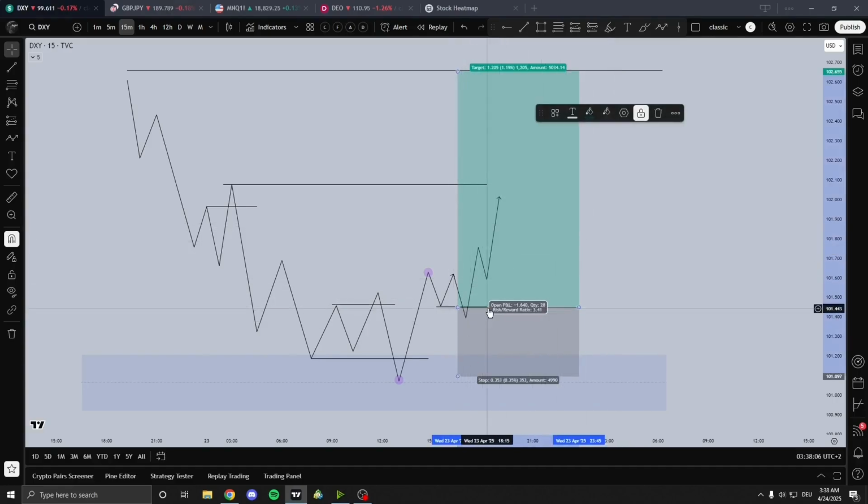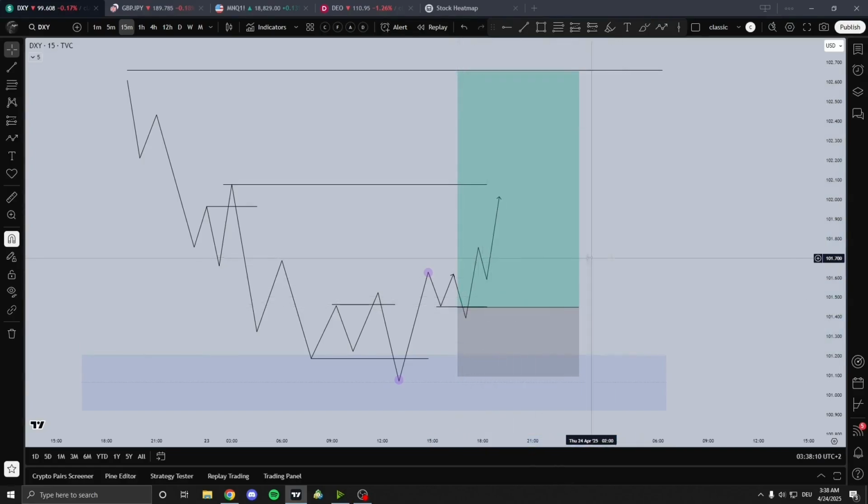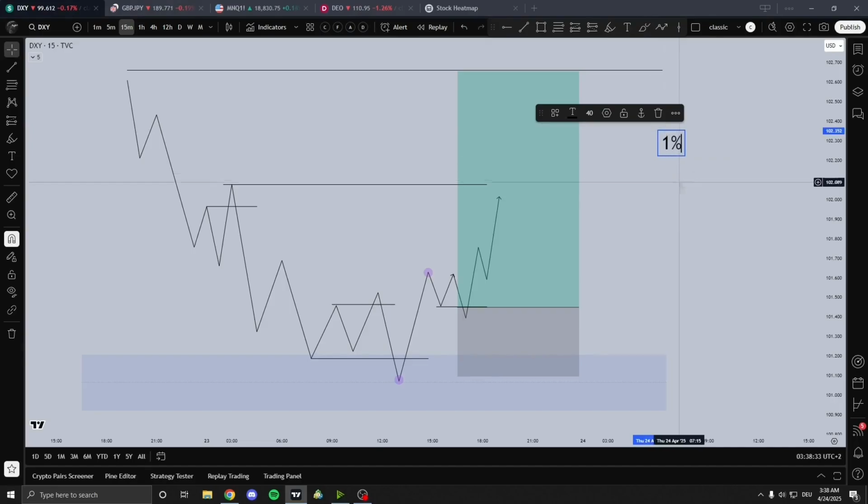Now, let's say you risk 1% here, right? You risk 1% here on the turtle soup, and then you have your first position. At this point, you're risking 1% of your total equity, all right? Then as mentioned,